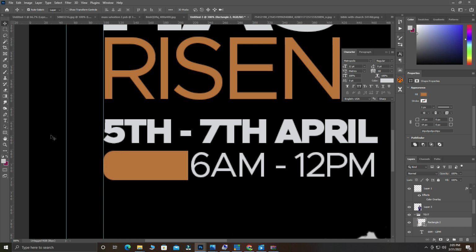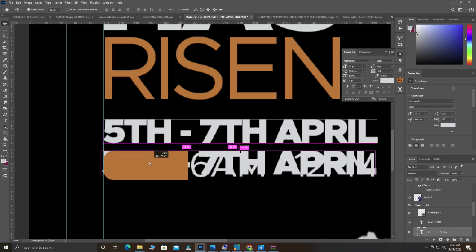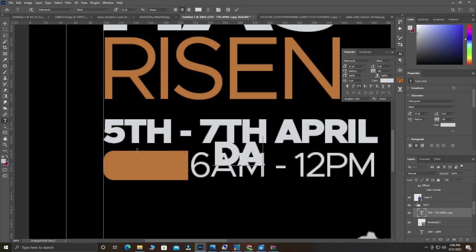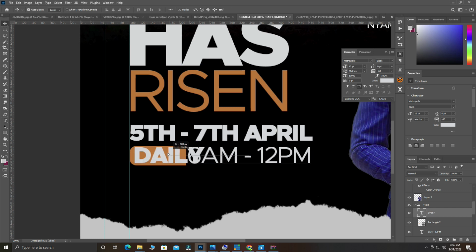Then from that you come and choose. When I click on it, just look at it. When I press on the Alt, you can see I want to do duplicate. So I'll duplicate this, then drag it to the top like this. Okay, double click and type daily. Okay, so zoom in like this, press OK, then